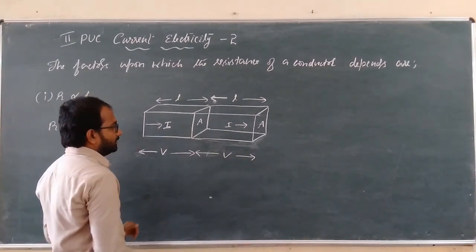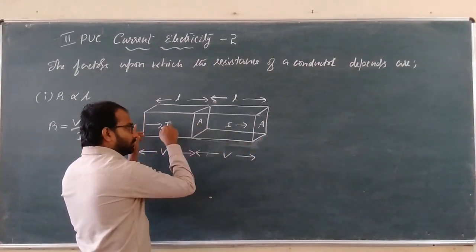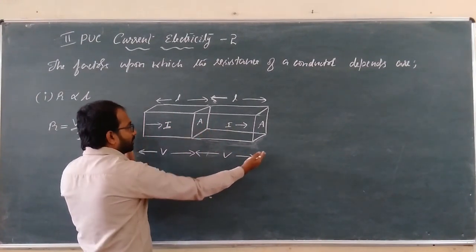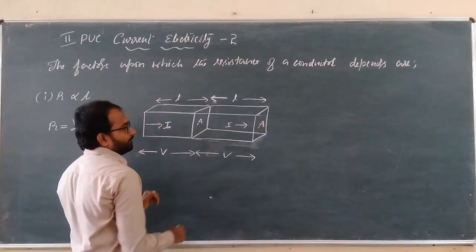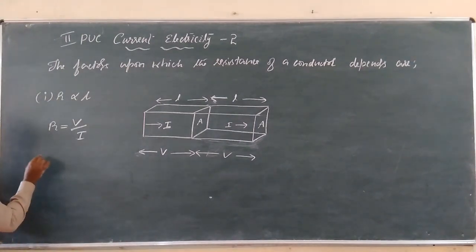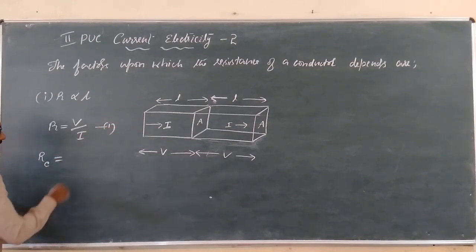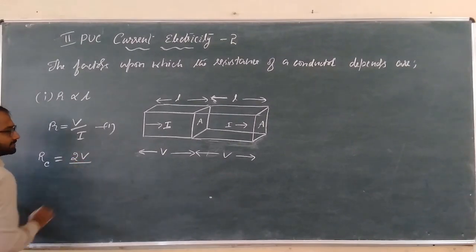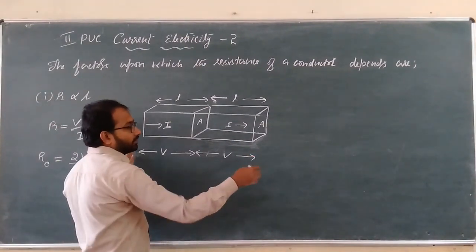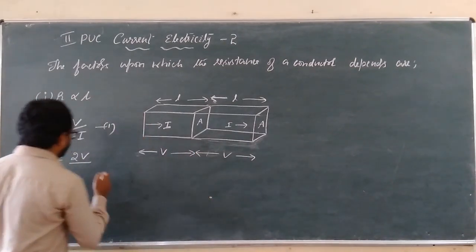Because now it is joined. So you have considered another identical conductor and you joined that conductor to the first conductor in series. So now you have to apply a potential difference of 2V across these two ends of the conductors to maintain a current of I. Now what is the resistance of the combination? The resistance of the combination is RC, which is equal to the applied potential difference, 2V, the total potential. That you studied in the capacitors, right? So net potential V is equal to V1 plus V2. So potential differences are added, V plus V here, that is equal to 2V, the total potential difference.